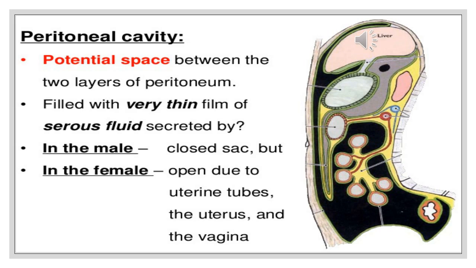There are some sex differences between the male and female. In the male, the peritoneum is a closed sac lined by mesothelium or flattened epithelium. The female peritoneum has the following features because it is not a closed sac. It opens to the exterior due to the presence of the uterine tube, uterus and the vagina. In addition, the peritoneum which lines the ovary is cubical epithelium, and the peritoneum which covers the fimbriae of the uterine tube is lined by columnar ciliated epithelium.